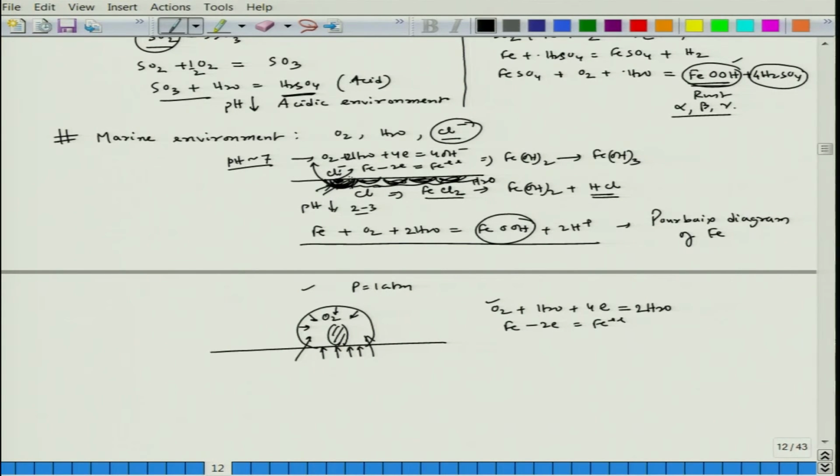That means diffusion is basically a time-dependent process. If we compare this section with the surrounding periphery, the periphery is in contact with the atmosphere, where we have a lot of oxygen. So, the oxygen concentration would not deplete much in this annular portion, but it will deplete at the center portion.